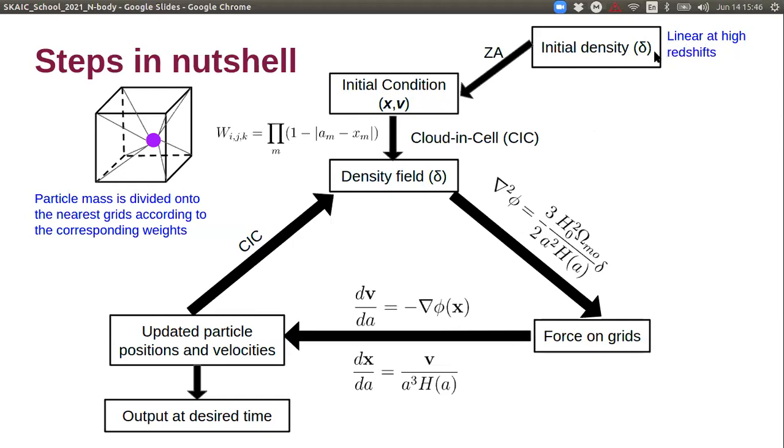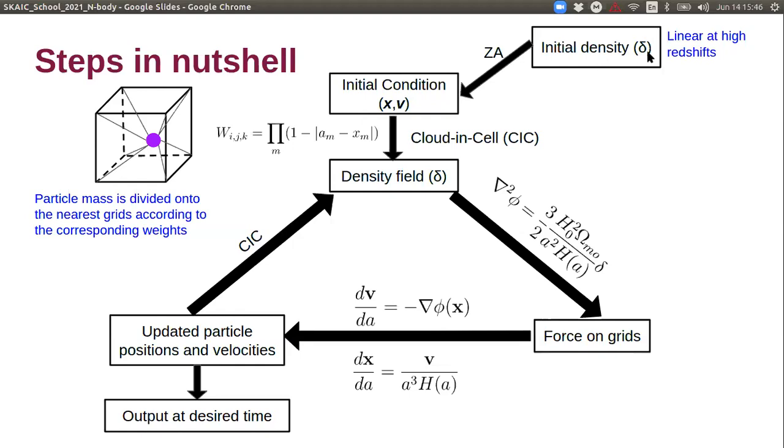In this analysis, we start with an initial perturbation in the matter density, which is generated at some higher redshift where the density contrast is linear. Why do we do that? Because the linear theory, as you have seen, is easily solvable. So we have analytical predictions for those initial density fields.